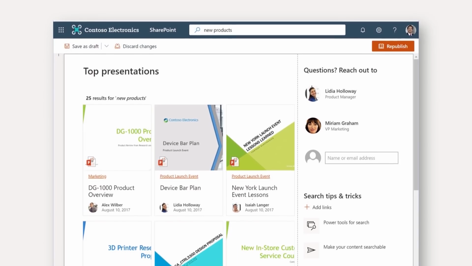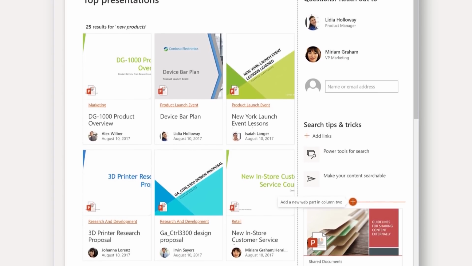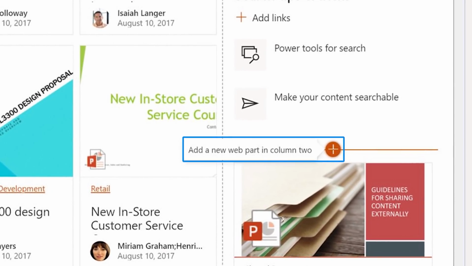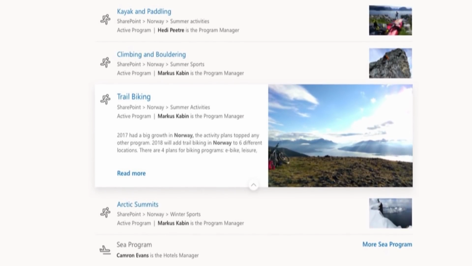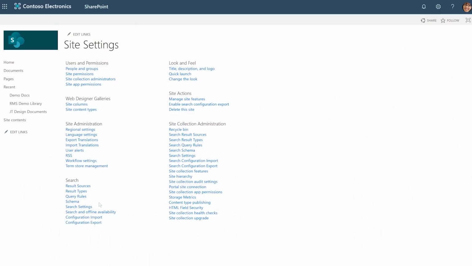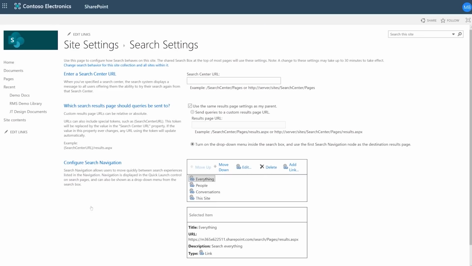We're excited to announce that IT admins can now create custom search result pages in SharePoint Online. This new feature lets you control the layout and design of how search results appear to your organization. This will increase the flexibility of Microsoft Search so you can tailor the SharePoint Online experience to support your company's specific needs. To get started, just go to the site where you'd like to set up a custom results page and select Site Collection Settings and Search Settings.